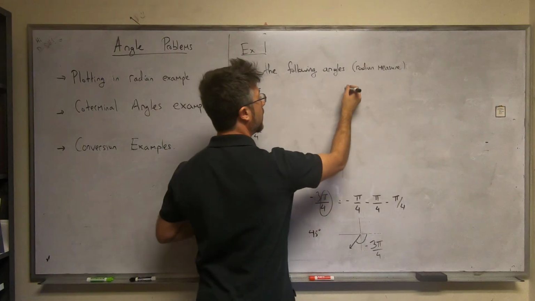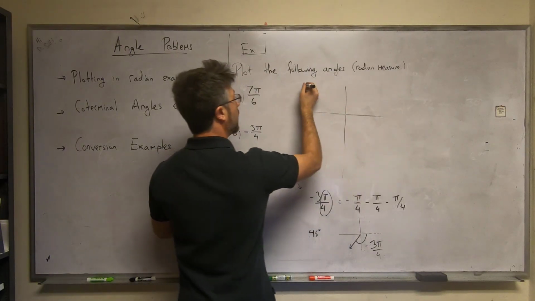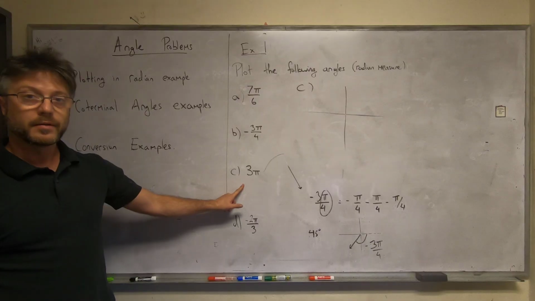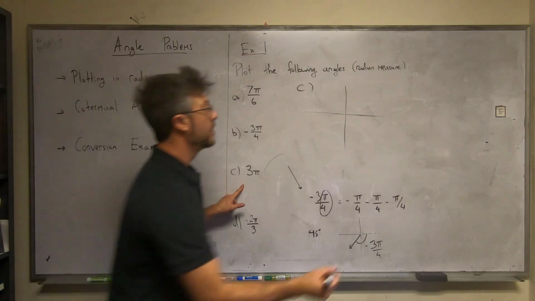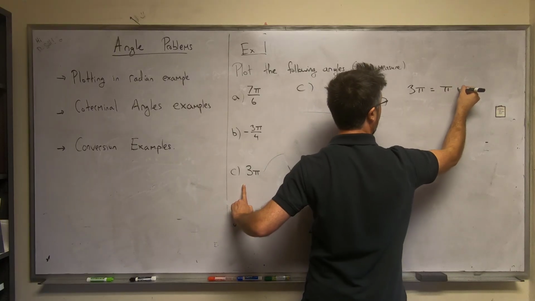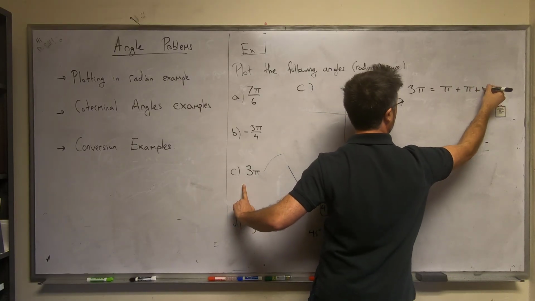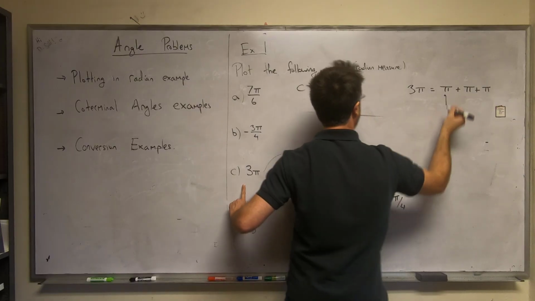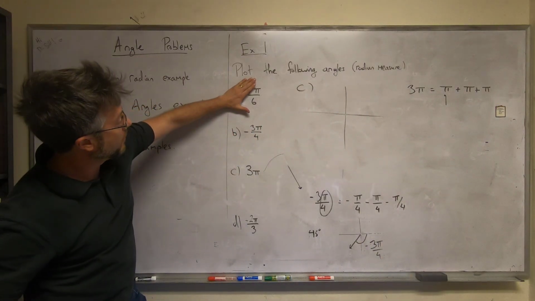3 pi, maybe you can see how to break this up. Essentially, 3 pi is to do a pi rotation and then another one, and just like the comments of knowing pi over 6